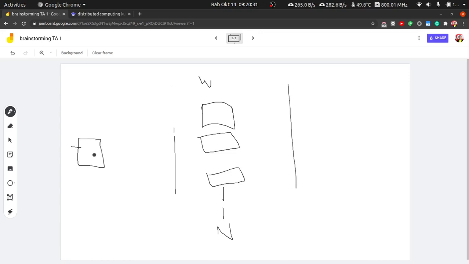So this one is going to upload to some kind of storage. Because I plan to use Kubernetes, I just want it as simple as a volume, right?